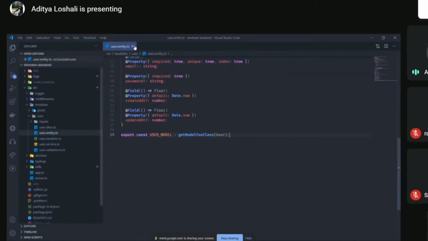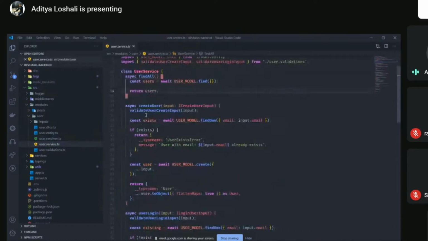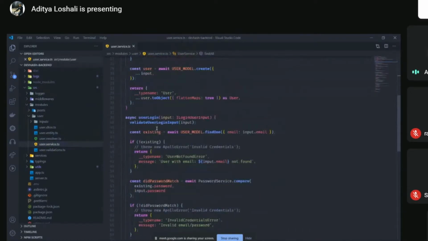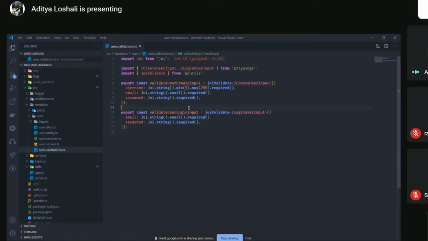Apart from these two files, for every service, we might have some validations to validate the input that we receive from the front end. That validation logic is written inside of this file, user validations, using Joi.